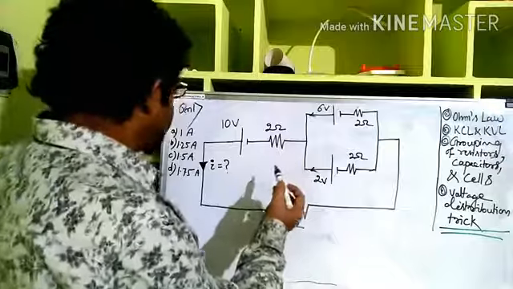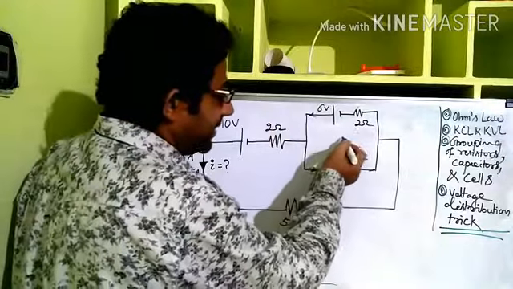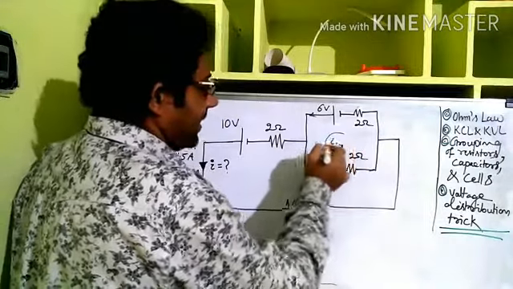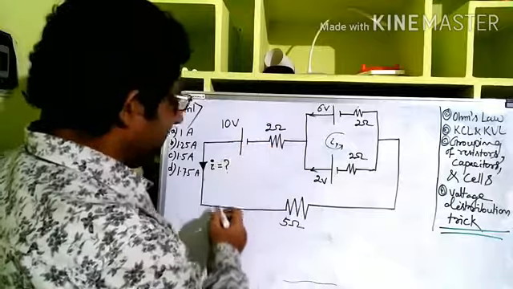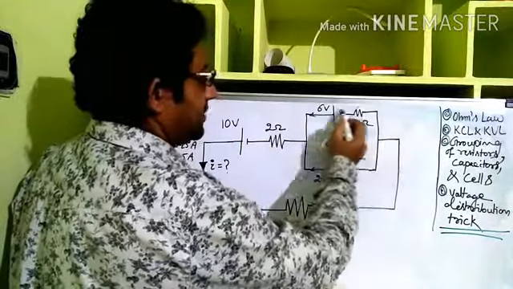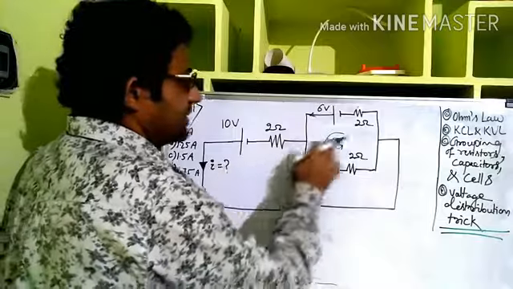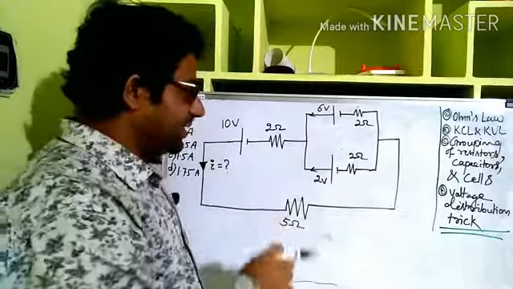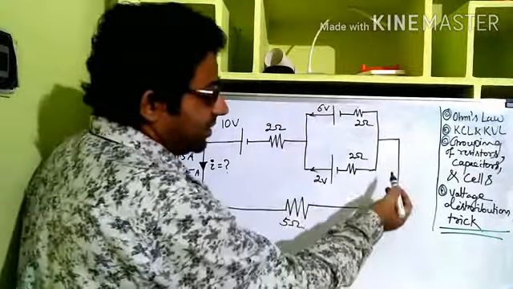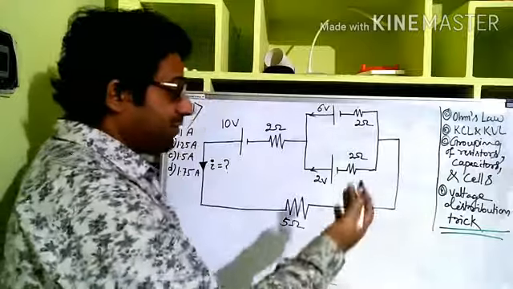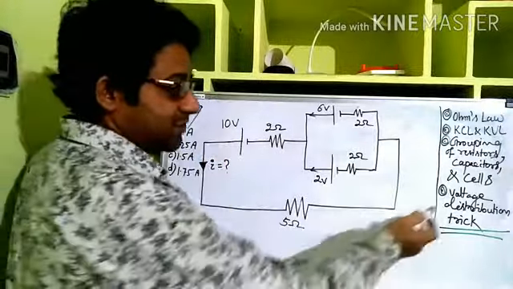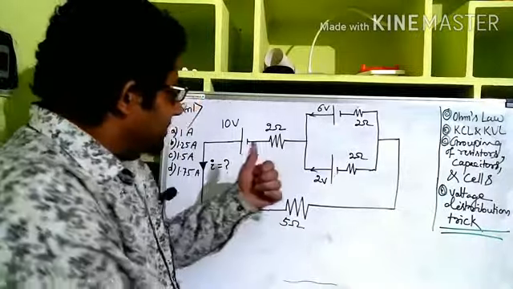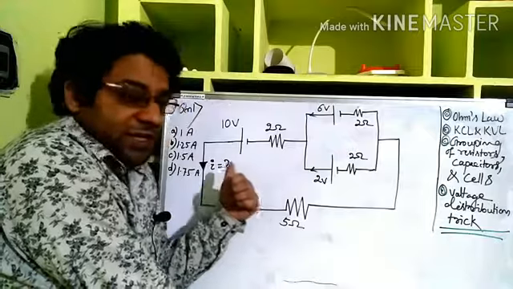Some of the students are solving it by applying KVL to this loop, and applying KVL to another loop, let us say from here to here. So they take 2 loop currents in solving, and finally they get the correct answer. Or you can take some point as 0, and from there all the potentials can be calculated using the voltage distribution technique. You can apply that also and solve. However, this question is designed not for that much complexity.